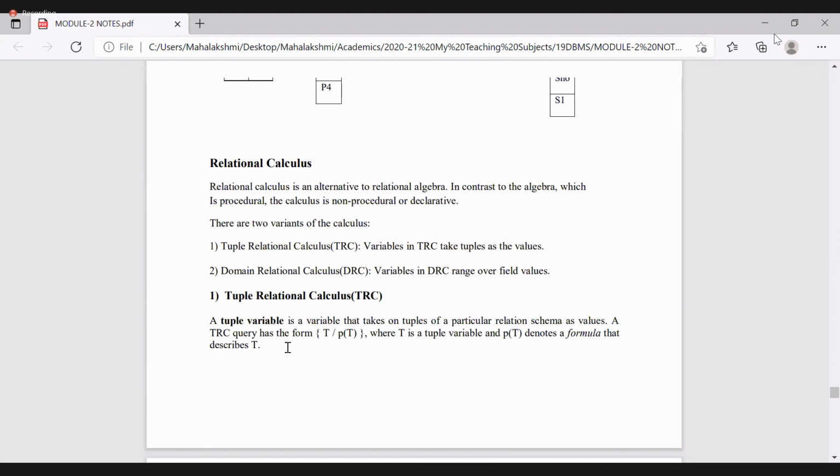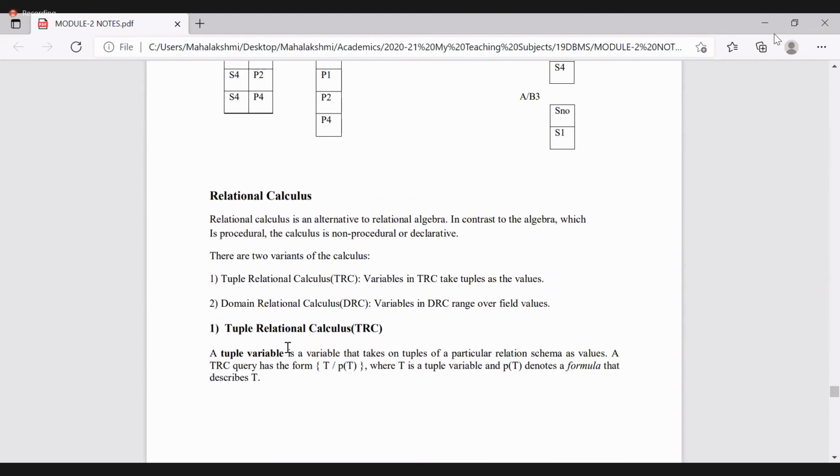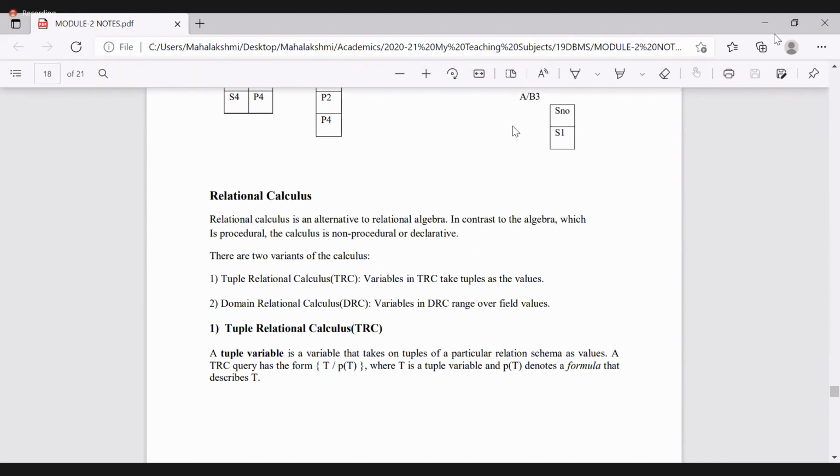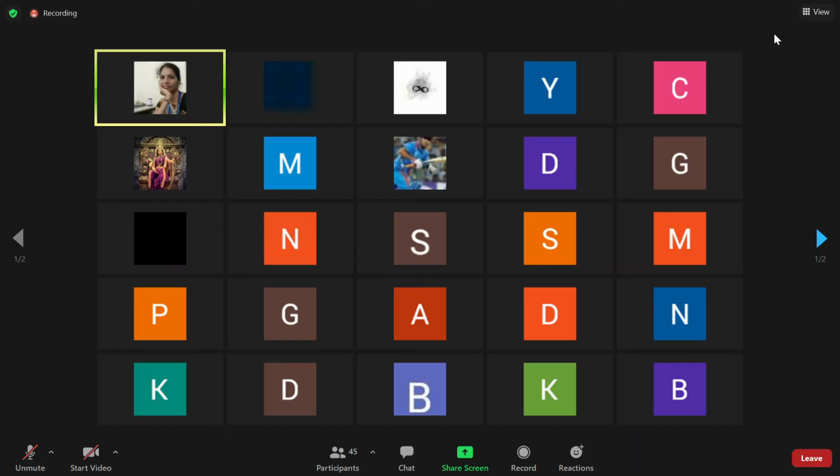And this relational calculus was excluded for this exam. Even though they have excluded it, you have to go through the third module syllabus. I'll show you.